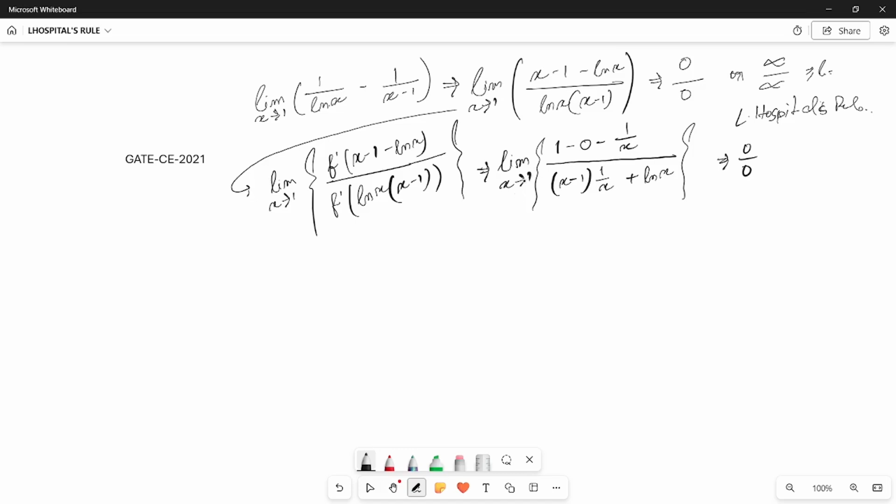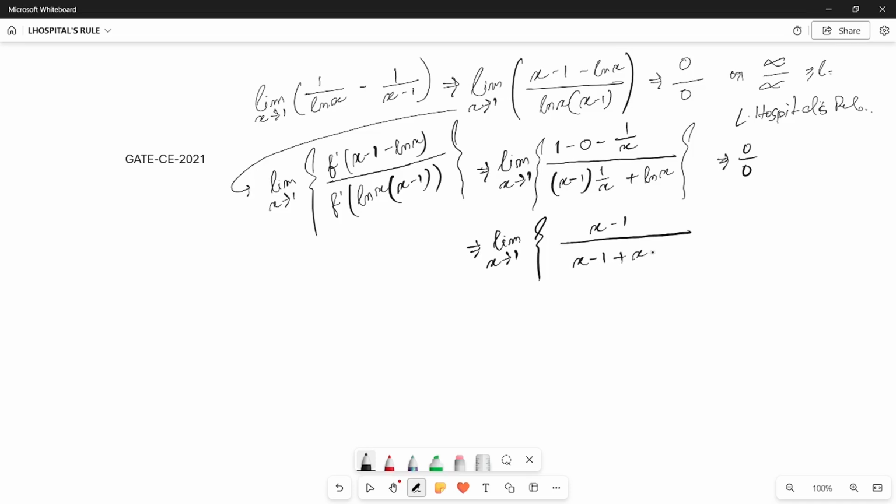Now just simplify these things in such a way that limit x tends to 1, what it will look like: upper side will be x minus 1, and lower side it will be like x minus 1